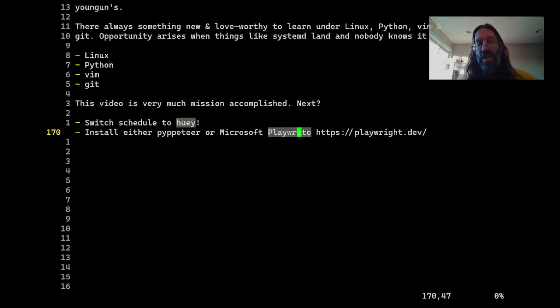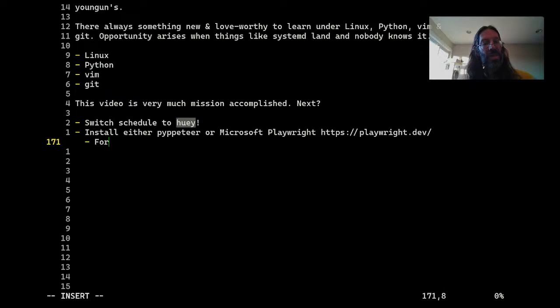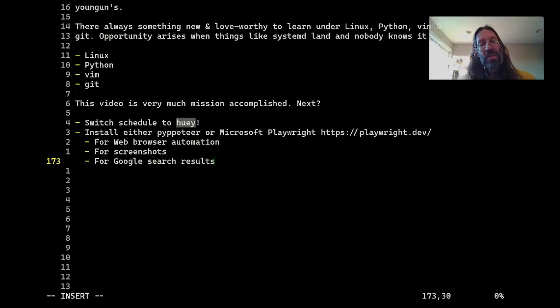And that is for browser automation, for web browser automation, for screenshots, for Google search results,